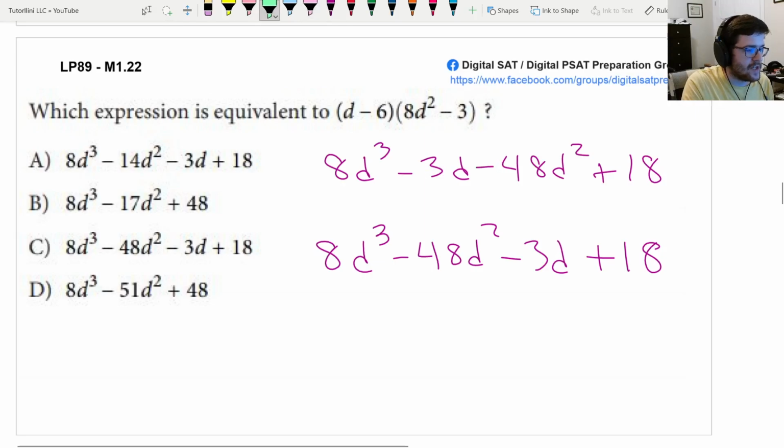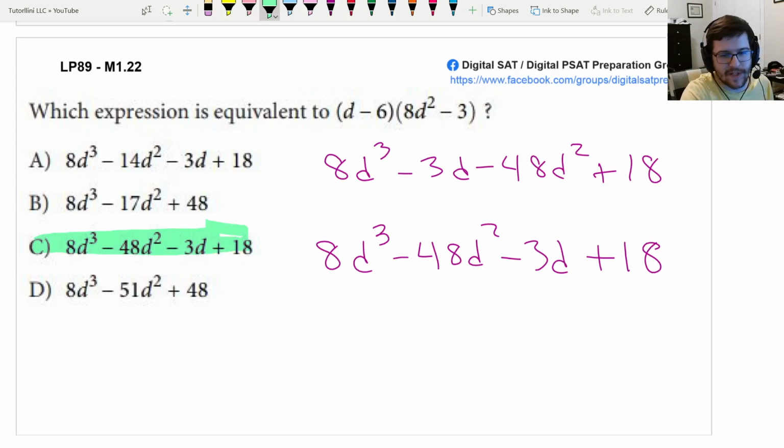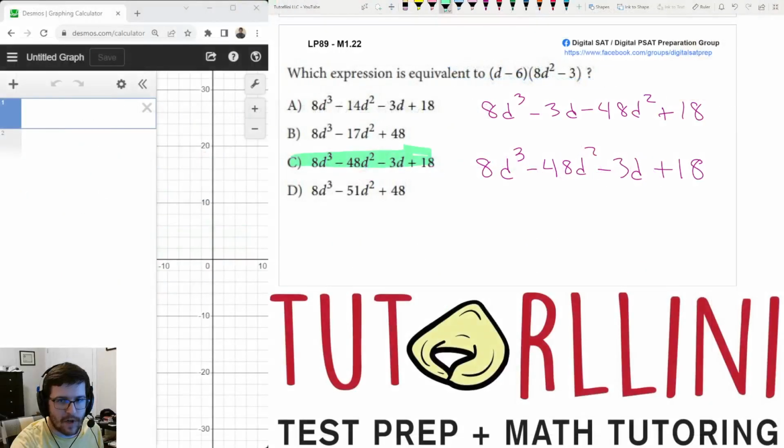Okay, let's see if there's any answer choice that looks like that. Answer choice C, I think that is. Let's check it. Yeah, that's right. Okay, I'm not going to go over all these. I have a Desmos video on this. If you want,